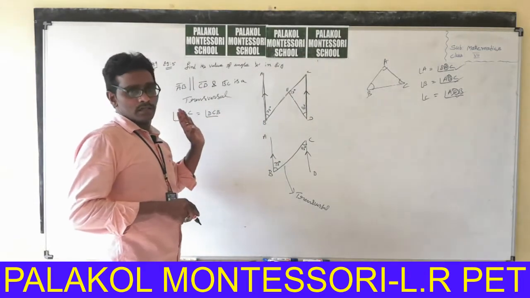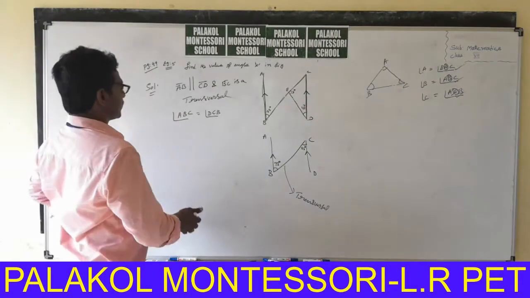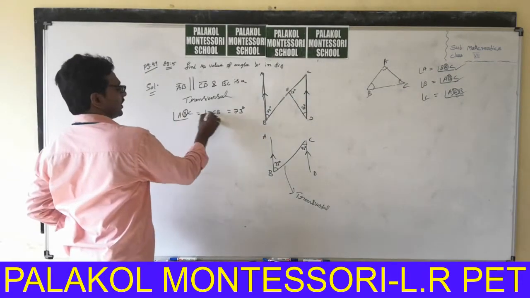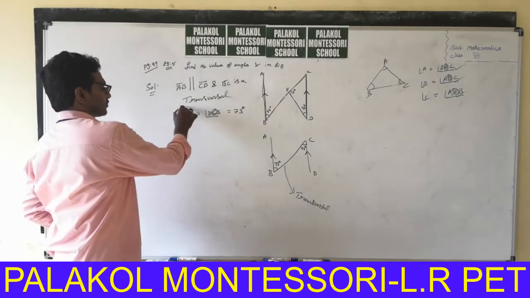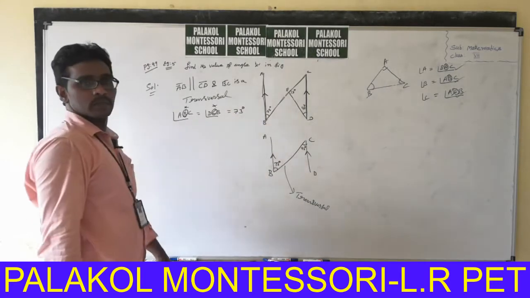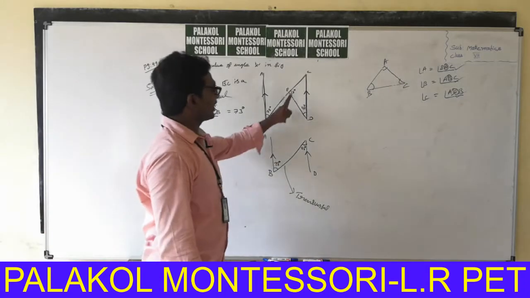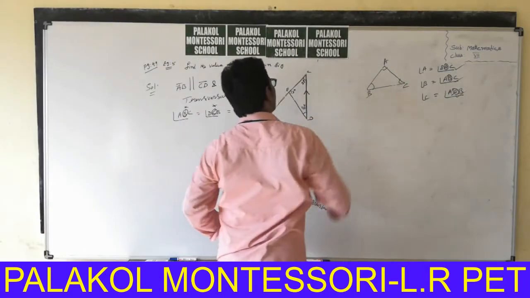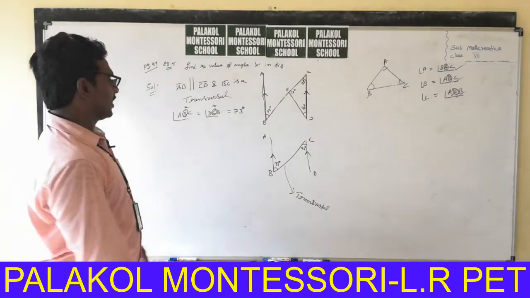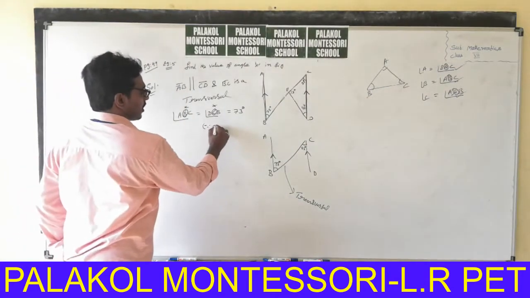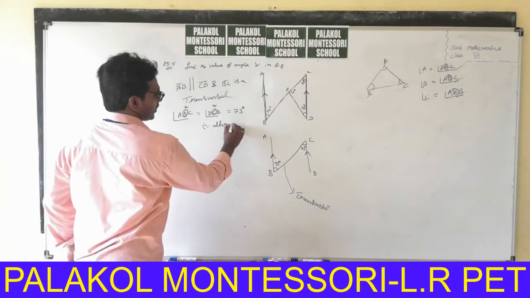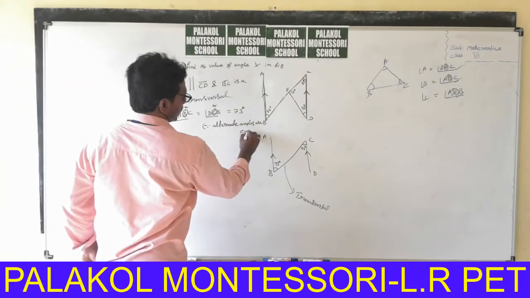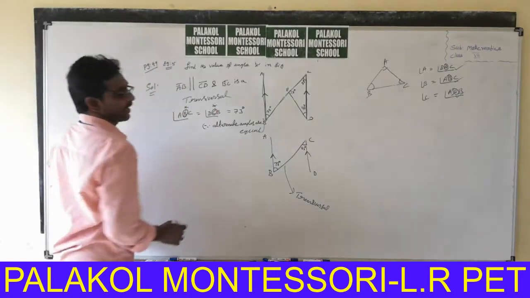Angle DCB is equal to 73 degrees. Is it clear? Here B, here the C angle, you check it. But what you want is to find the x value. So this is 73 degrees. Why? Because alternate angles are equal. Put that in the bracket.